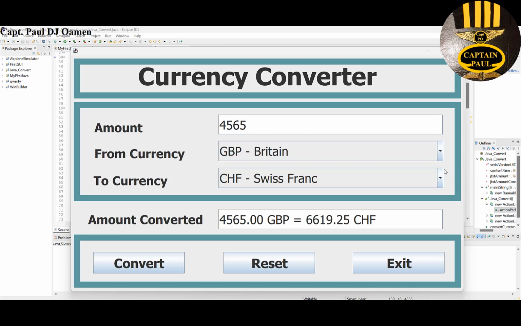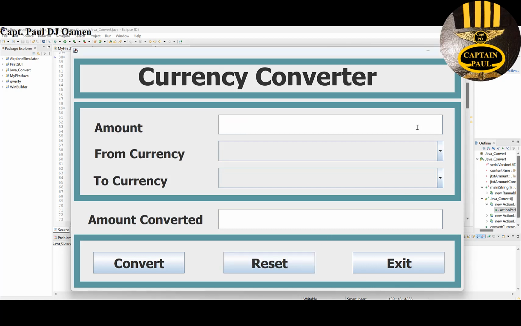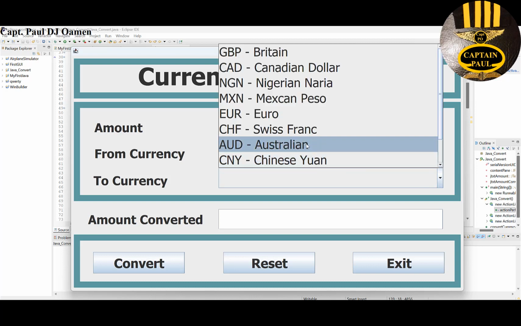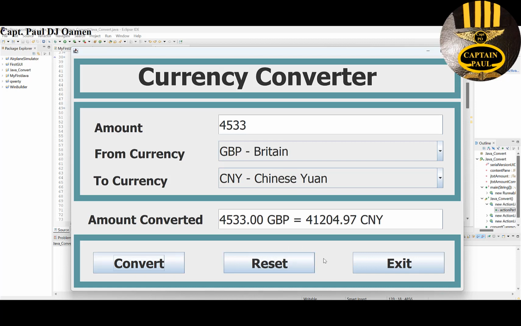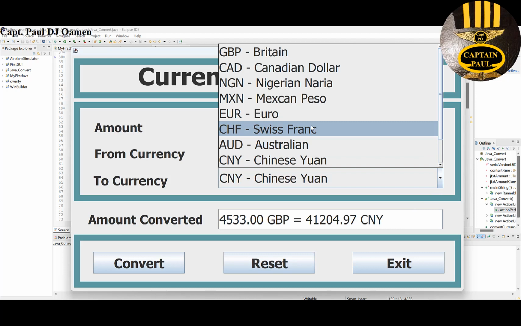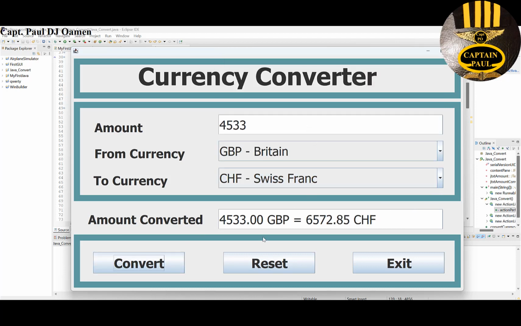Okay, I'm just going to show you guys how this works. Let's click on reset and enter whatever amount, and let's select the rate of conversion. And right here, I'm going to then select whatever currency I intend to convert it to. Let's say Chinese yen, and just click on that. There we go. So that's how it works. You can convert it to any other currency if you want,